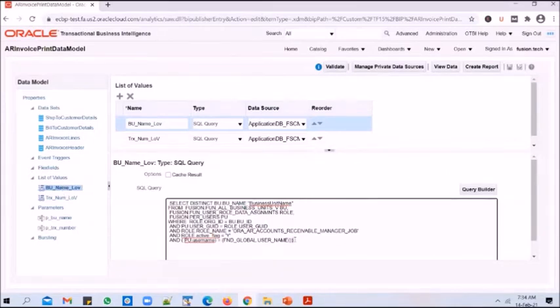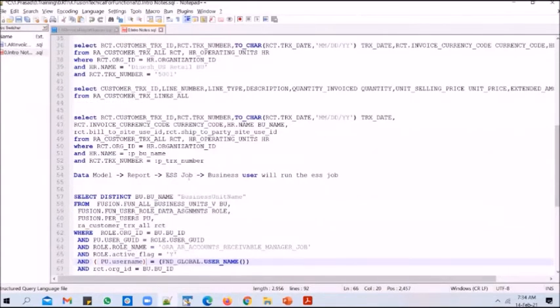But you cannot achieve that when you create a parameter on the ESS job. When you create a parameter on the ESS job, you cannot link one parameter with another. In a business unit, you have something called $flex$, which you can use to link a second parameter with the first one. Meaning, if I select Dinesh US Retail BU as a business unit, I could easily filter the list of values in the second parameter called transaction number to display only the transactions from Dinesh US Retail BU. But in ERP Cloud, it's not possible.